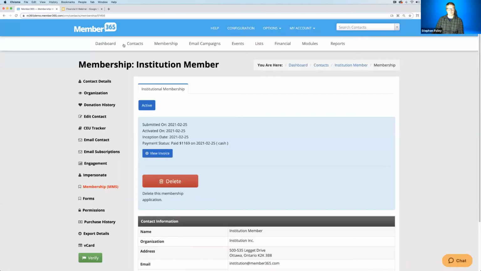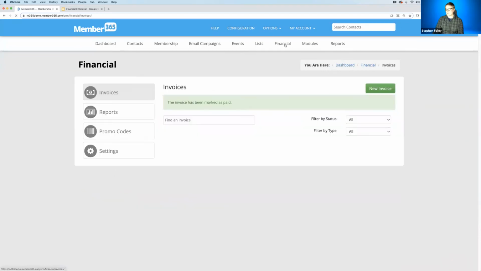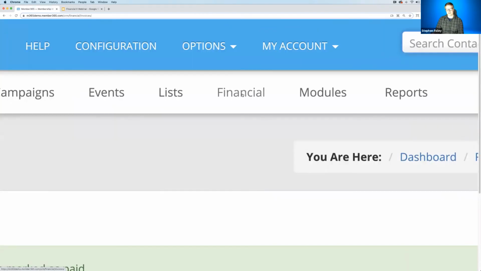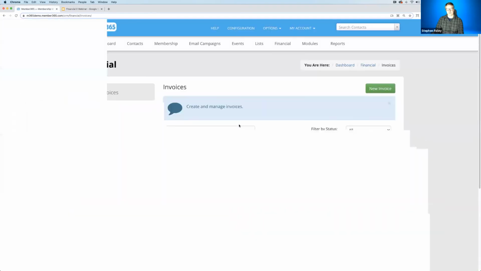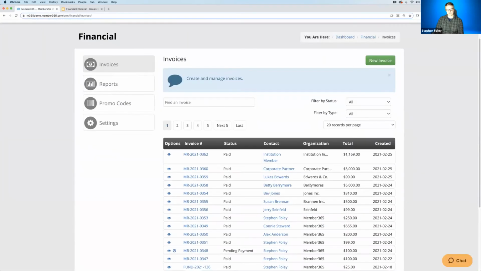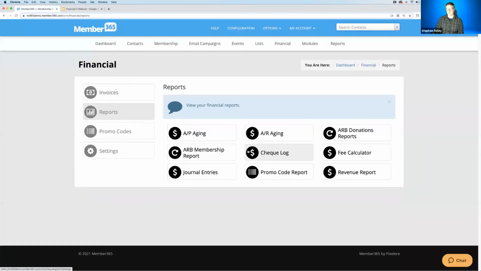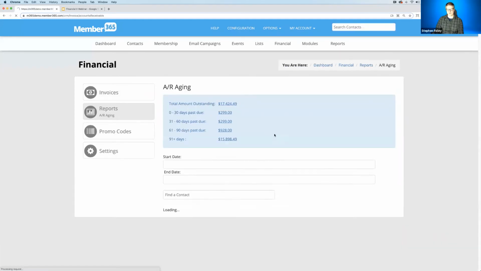So we'll head back into the product. I wanted to touch on, at a high level, 3 key reports that relate to the processes that we've gone through. So to get access to financial reporting, you click on financial in the top. That takes you here to your list of invoices, but we want to head into reports over here on the left-hand side. And the 3 reports I want to point out are the accounts receivable aging, which we were in